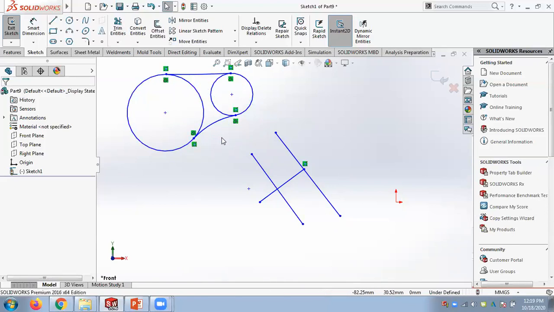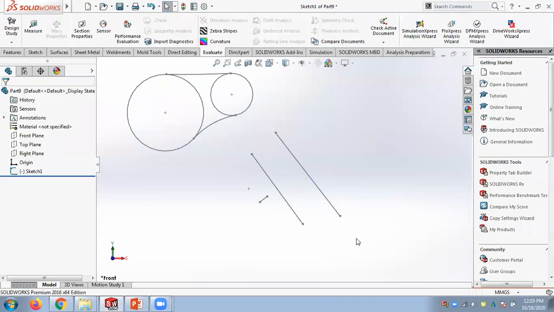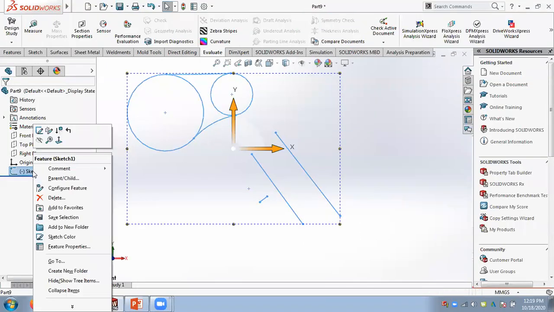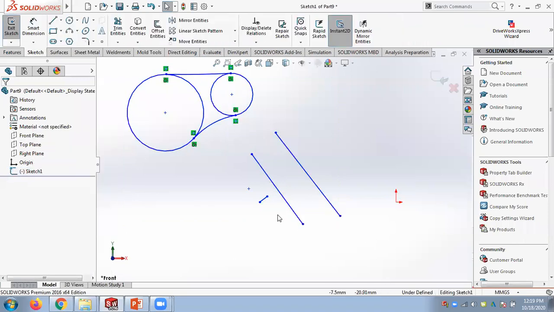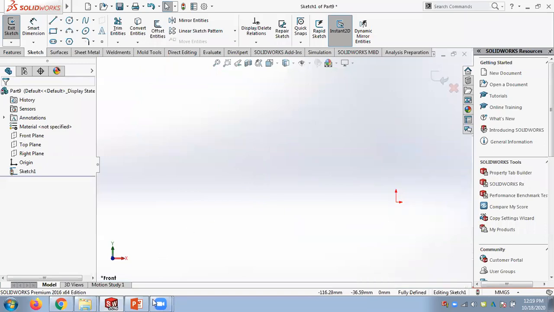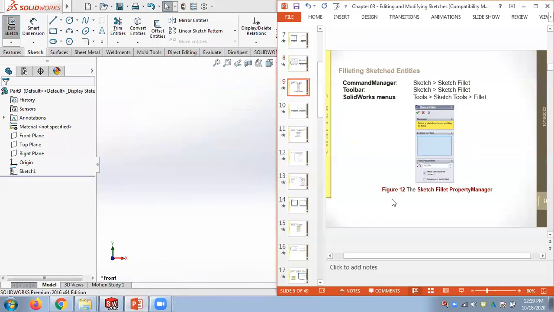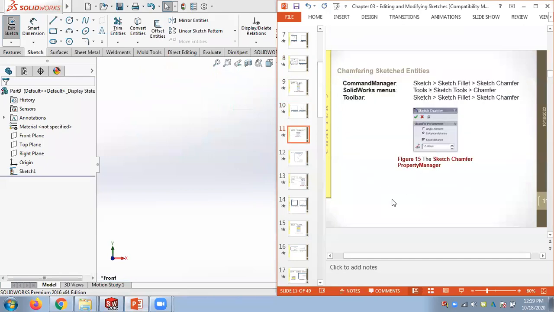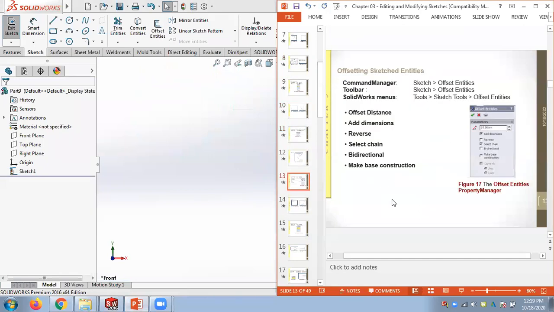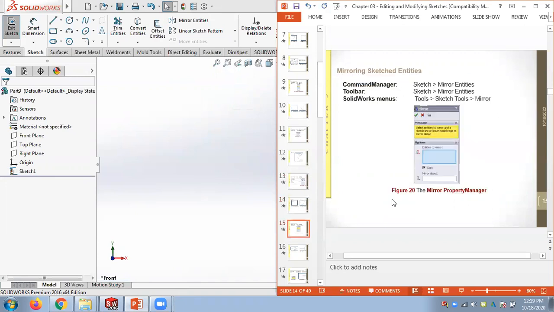Then we have a good tool called offset. I will skip this fillet and samples for the time being. We will look at the offset tool with the tutorial.